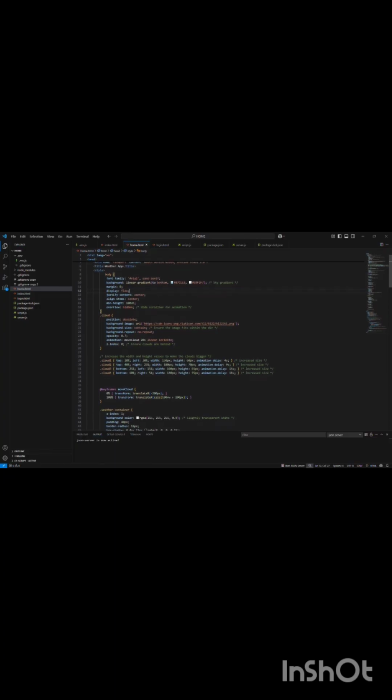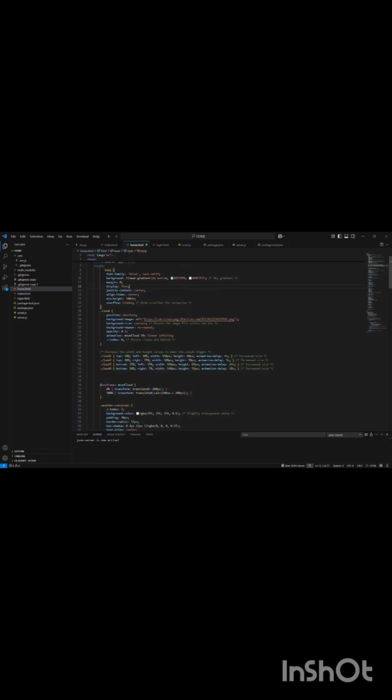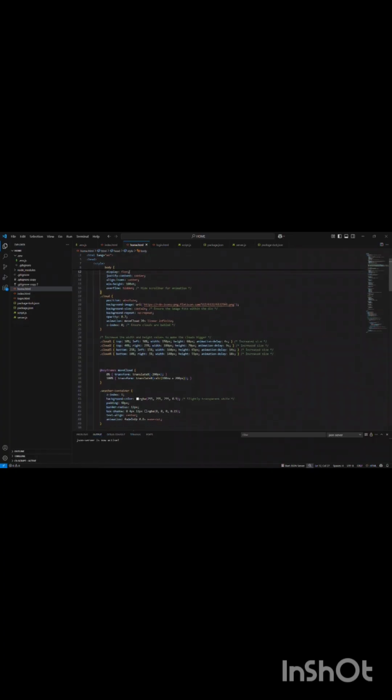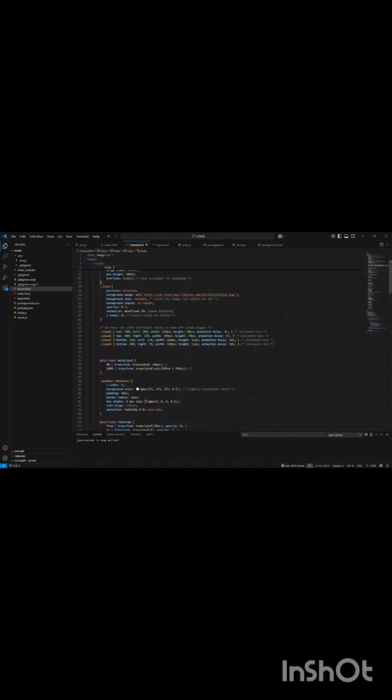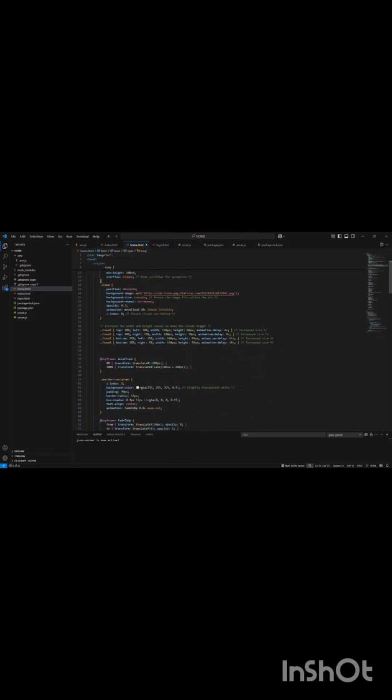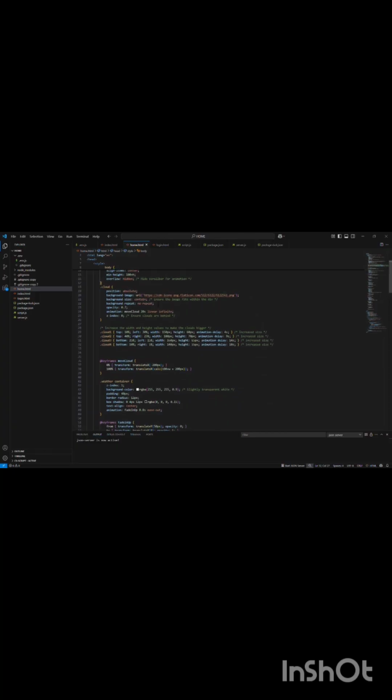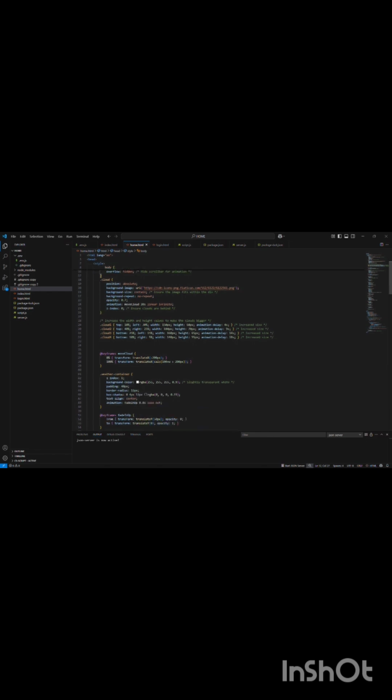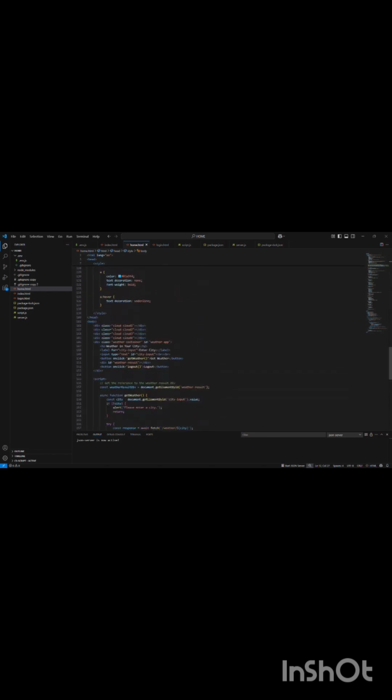The HTML provides the layout of the weather app, declares the document, sets the language to English, specifies the character encoding, and ensures the page is responsive on different screen sizes. The main content of the page is within the body tag. Here you can see within the body tag the main content, and it uses a sky gradient